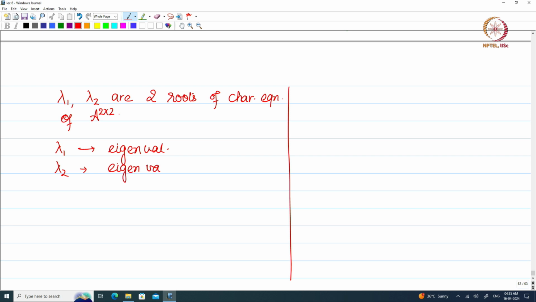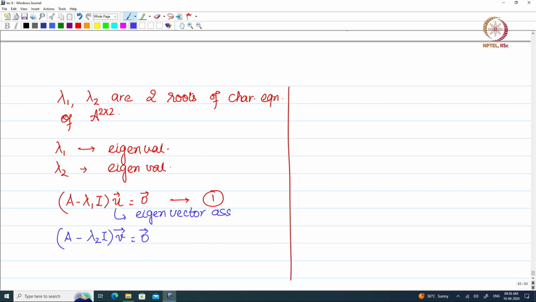Now, we substitute these values to find the eigenvectors. We get (A minus lambda 1 I) into, let us say, u is equal to the 0 vector. This is one equation. The second equation is (A minus lambda 2 I) into, let us say, v is equal to 0 vector. So, u corresponds to the eigenvector associated with lambda 1,